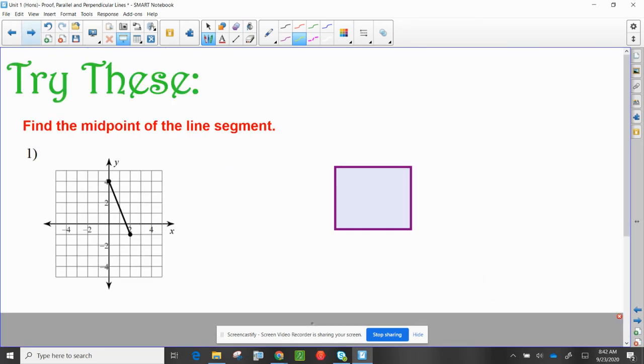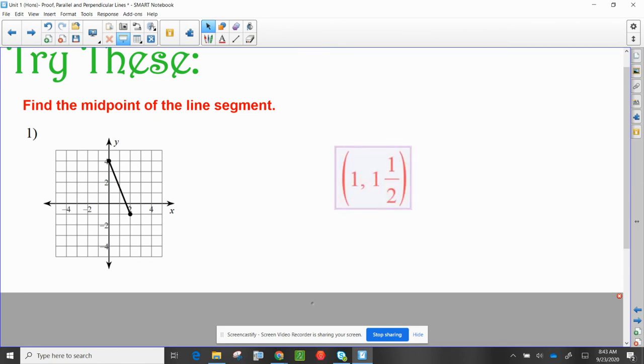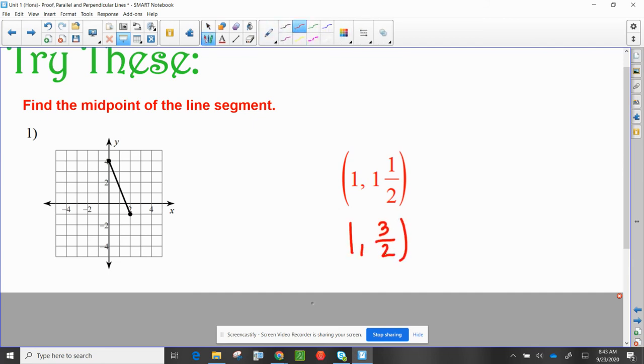Okay, so on number 1, I gave you a graphical picture of a segment. So I didn't give you the ordered pairs. You have to find those on your own. But find the midpoint of that segment. See where it is. Okay, if you did it right, you should have got that it's at (1, 1.5), or (1, 3/2) if you had that. Okay, so let's see, (1, 1.5) looks about the midpoint. Okay, so that wasn't at a nice exact location on the coordinate plane, but we could still figure out the